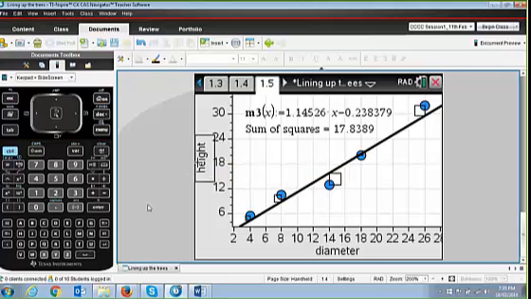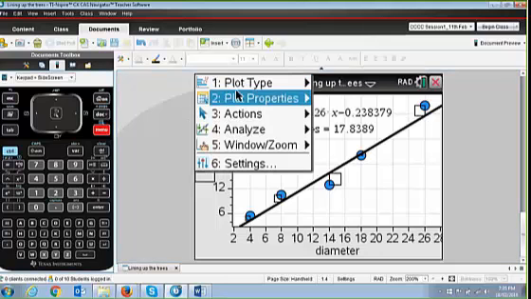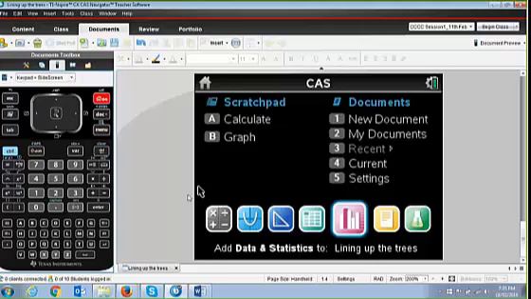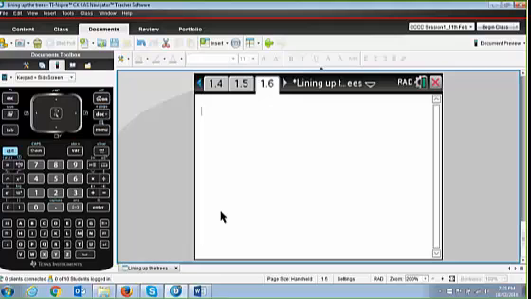Finally, what I would like to do is introduce a data and statistics page, a calculator page, and go to the home key and introduce a calculator page where we now start to solve the question. You might remember the question asked us to find the diameter that would produce a height of 15. So we set up a series of situations where we're going to solve an equation, and the equation is to solve, well, let's take the first